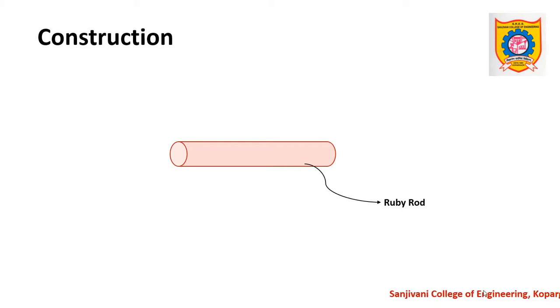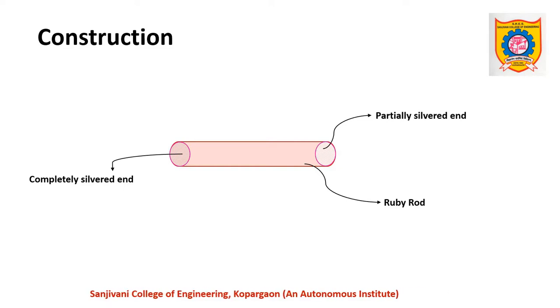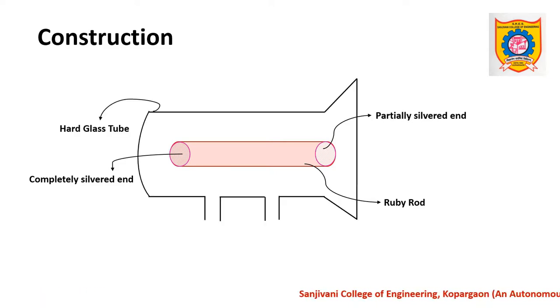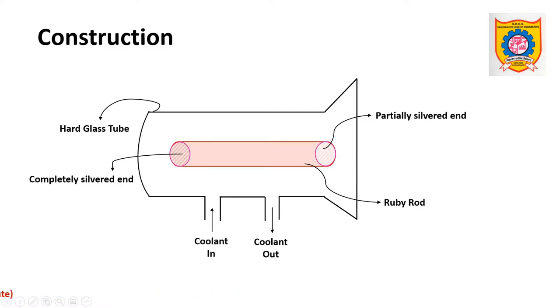Now let us see how is its construction. It consists of ruby rod like this, and its ends are so silvered that one end is completely silvered and this another end is partially silvered. That means it fulfills the condition of optical resonator, and this entire assembly is kept inside one hard glass tube which has one inlet and one outlet in order to have constant circulation of coolant, because during the action of the ruby laser some heat is developed,